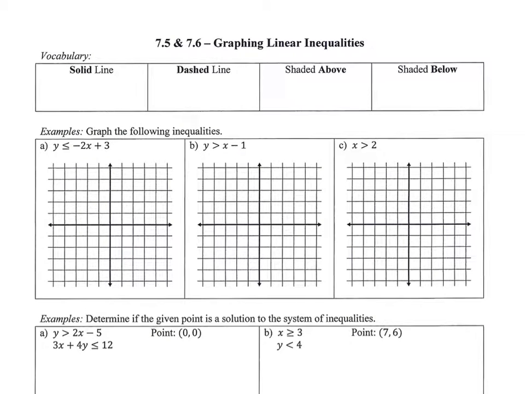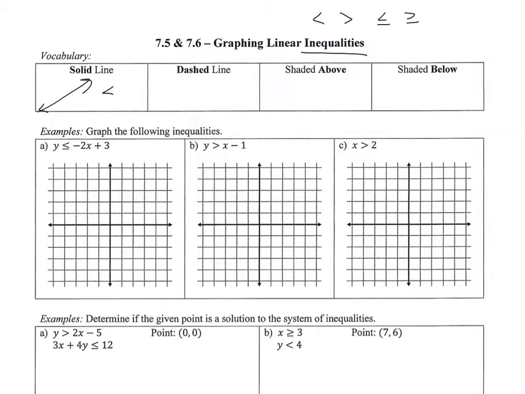We've graphed linear functions before. Now we're going to graph linear inequalities. If you remember, an inequality uses the symbols less than, greater than, less than or equal to, or greater than or equal to. And there's going to be an infinite number of solutions for an inequality. When you graph a linear inequality, it looks like an equation except there's an inequality symbol in it. You're going to want to use a solid line